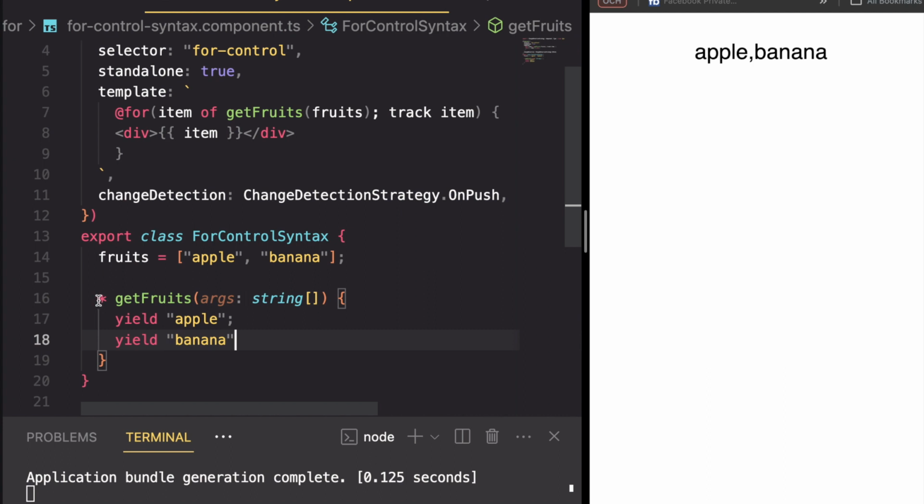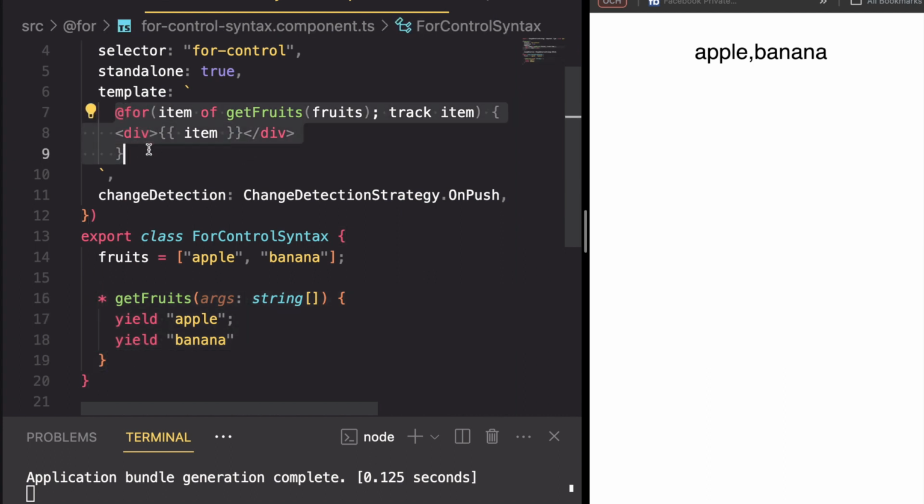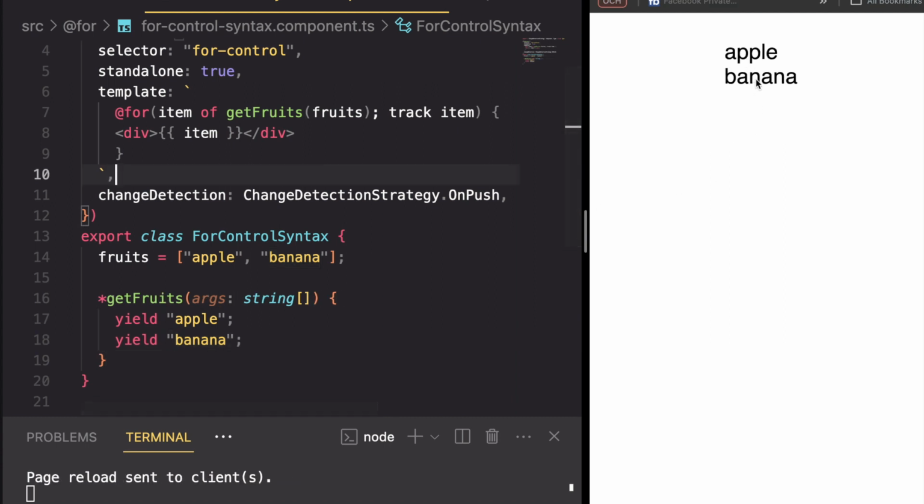So these generator functions also work with the for of and also the @for control flow syntax. So let's see it in action. What will happen here is that it will display apple and banana in our DOM. Now let's save. So you see apple and banana. So this shows us that the generator function is an iterable and can also be iterated over using the @for